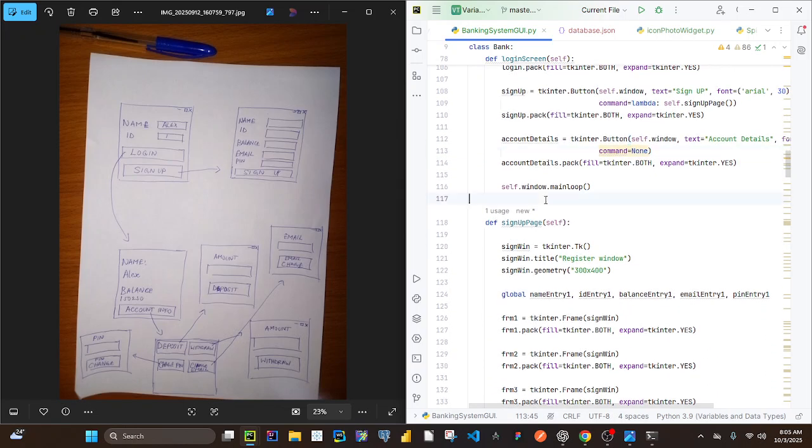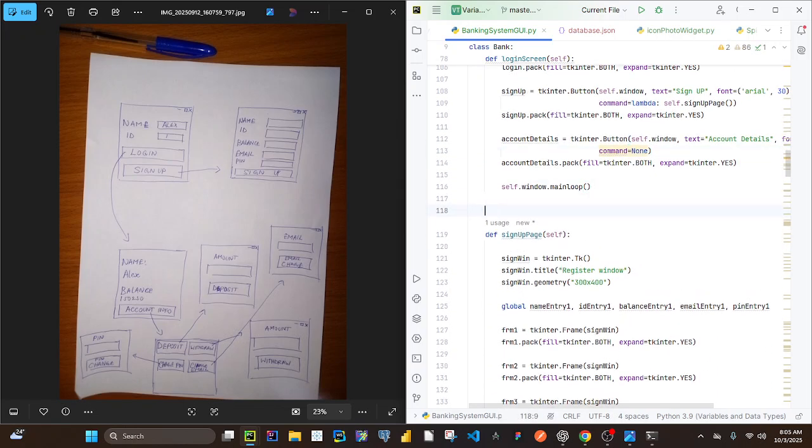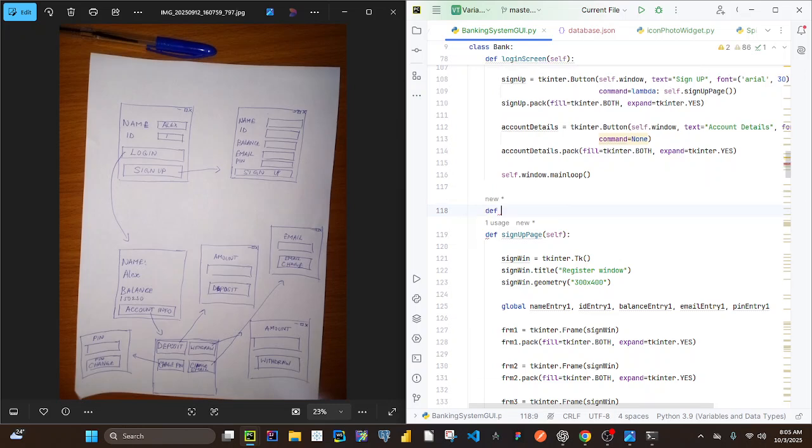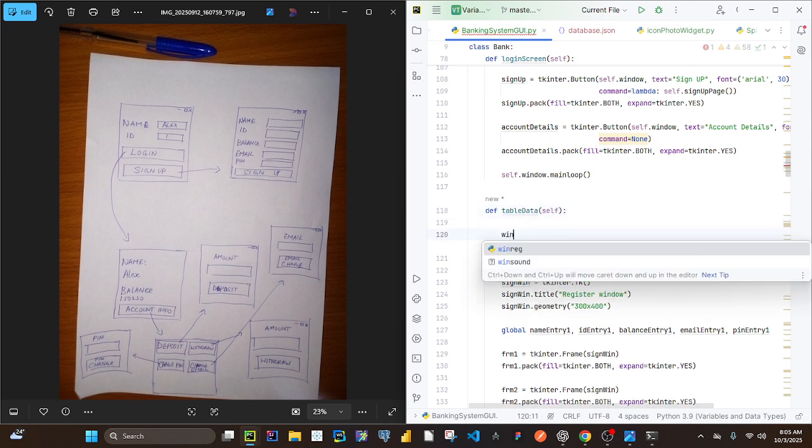Now, right under here, I'm going to create another function that will serve as a container to hold the screen displaying the user information in a table format. I'm going to use the TreeView widget to display the user information in a table format, getting the data from the JSON file and displaying it in a table form. So I'll come here and say table_data. And of course, you want to create a window screen,